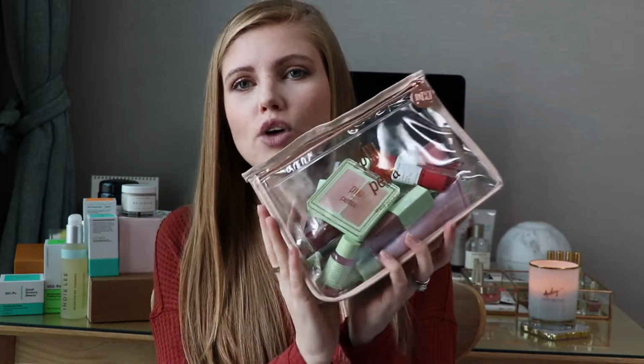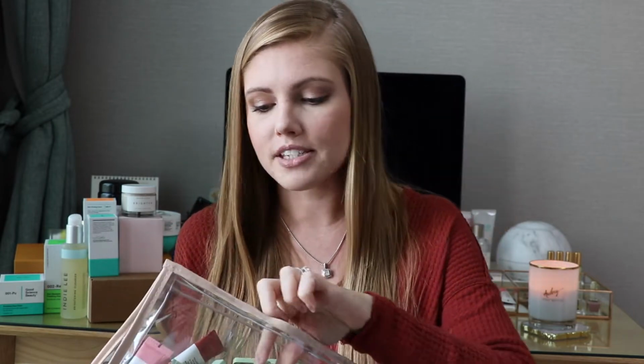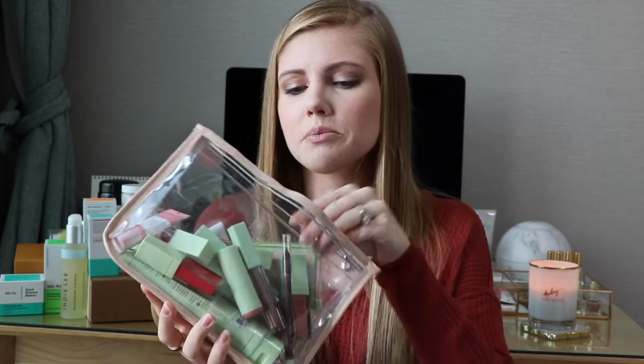But Pixi sent over a bunch of their goodies, and specifically I want to highlight the highlighter. This is awesome, and then they sent over a ton of lippies, some skincare, but the other thing I wanted to talk about